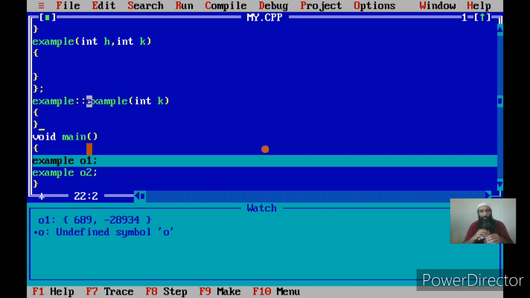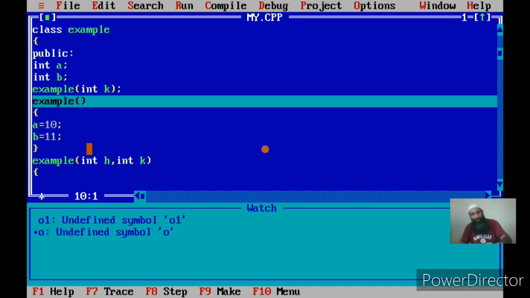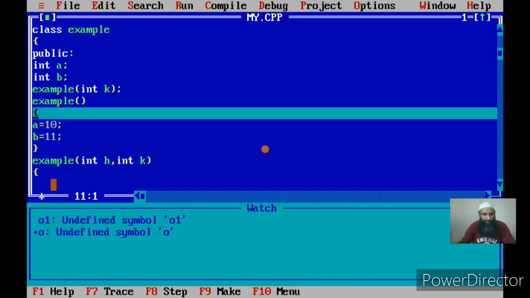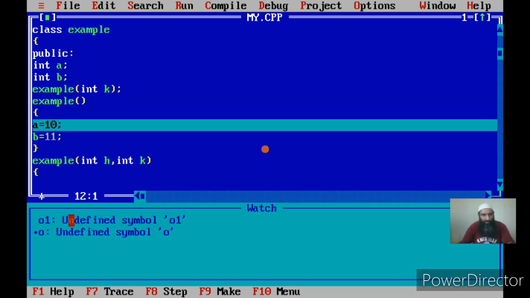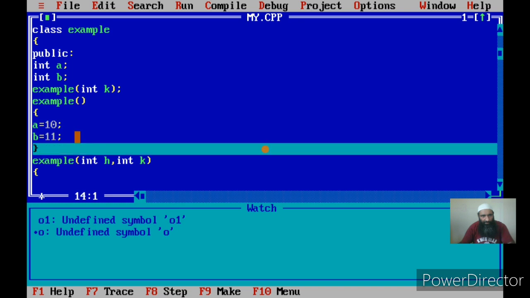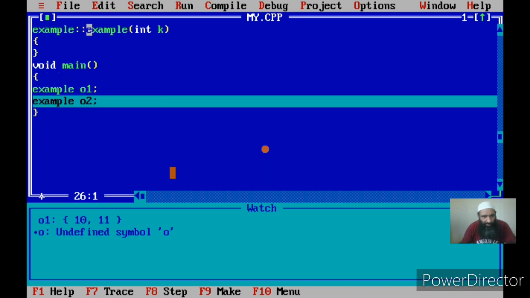Once I create object O1, the constructor will be called, and you will see that A is initialized to 10 and B is initialized to 11 in the object O1.